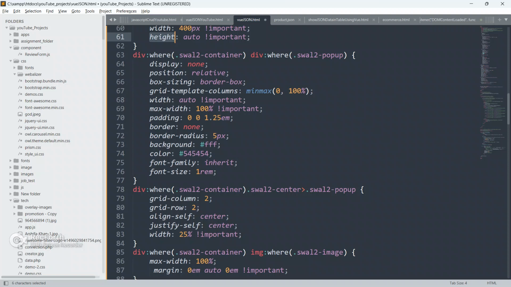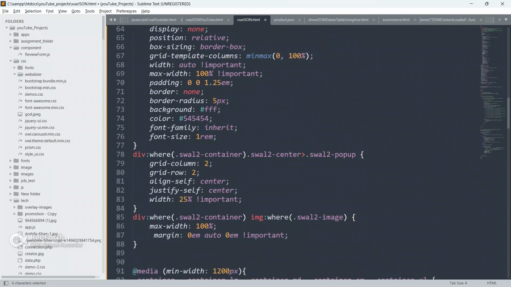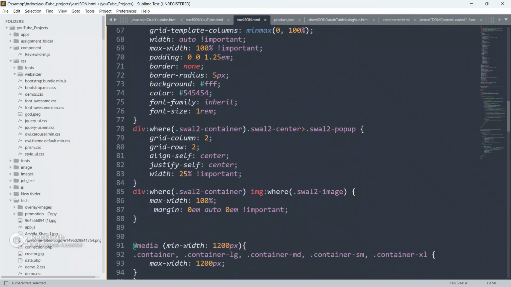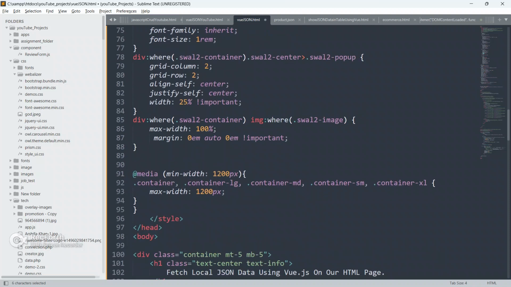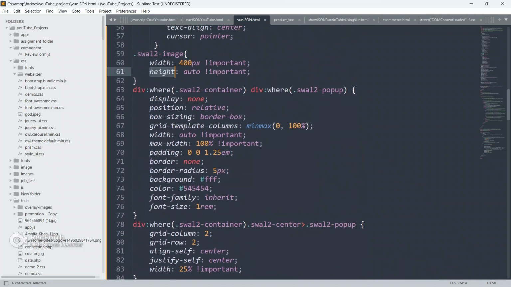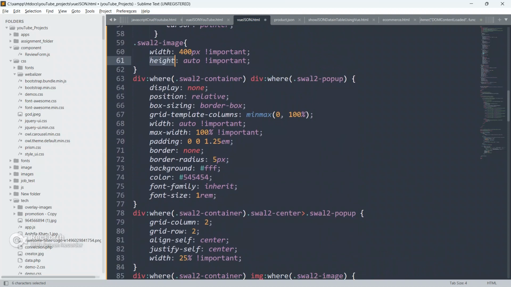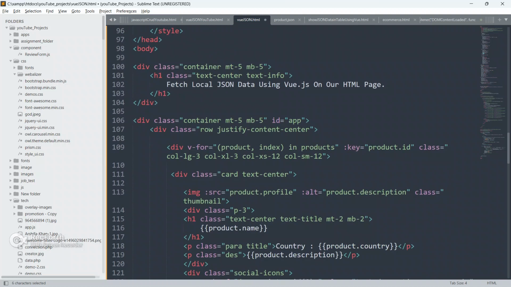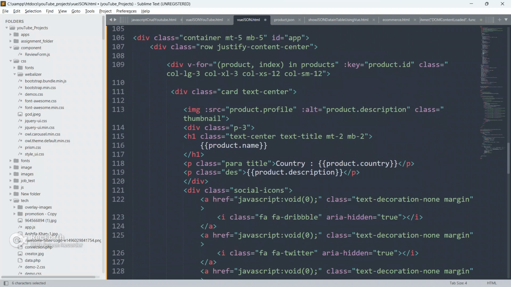Max width 100%, padding is this, border is none, border radius 5 px, background is white, color is this. Font family is this, font size is this, nothing. Grid column is 2, grid row 2, align self center, justify self center, width 25 px. Okay, nothing else. So I have given all these classes a custom class. So there is no rocket science as well.